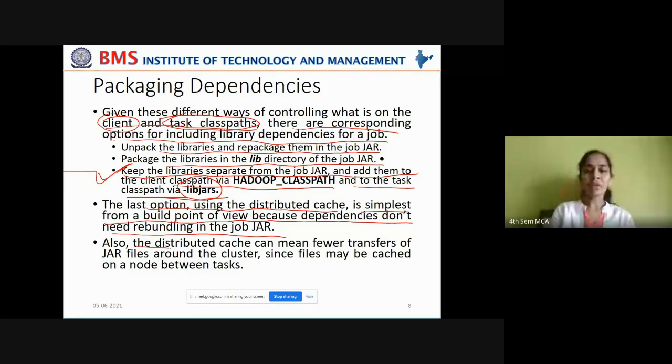Now, the distributed cache can also mean fewer transfers. That is what I said. It can mean fewer transfers of jar files around the cluster, since files may be cached on a node between tasks. Between one task and another, if you store these Java archive files in a distributed cache, it will be easy to set up the job and start executing it immediately whenever it is required.